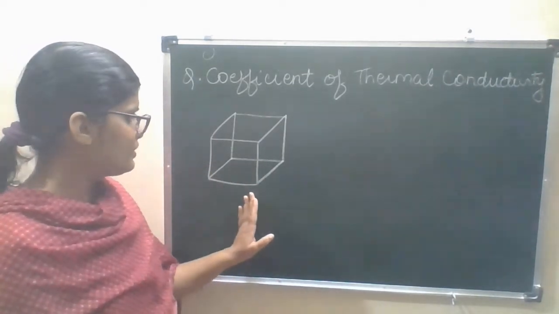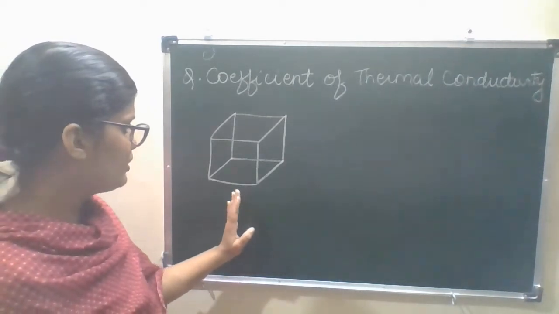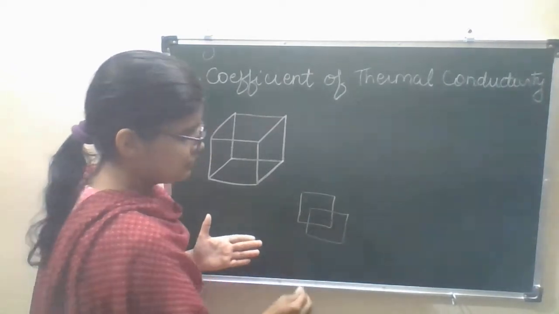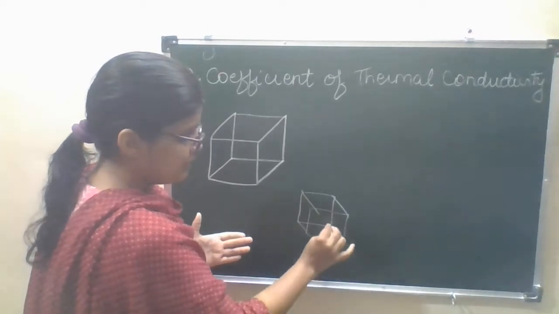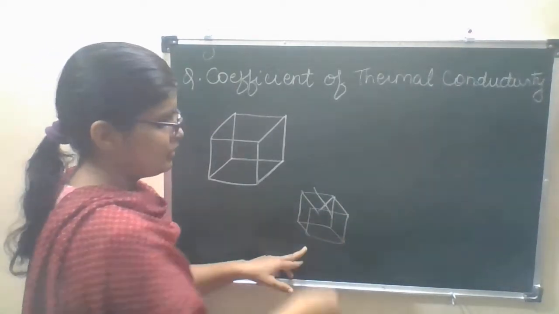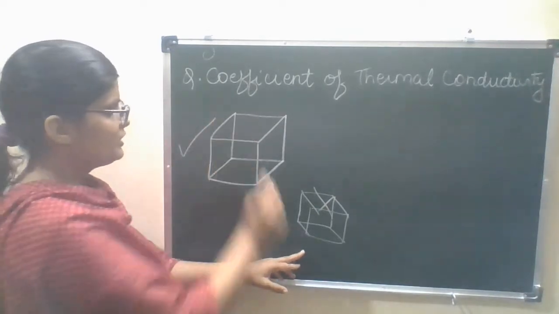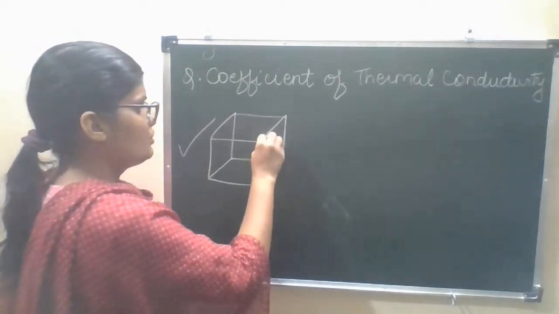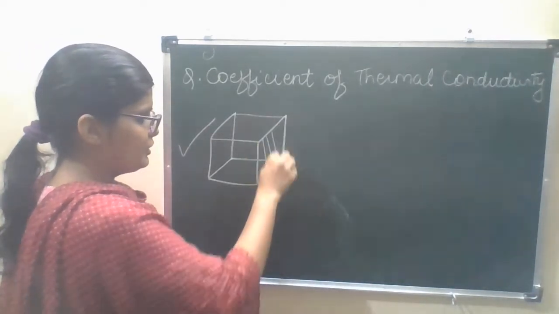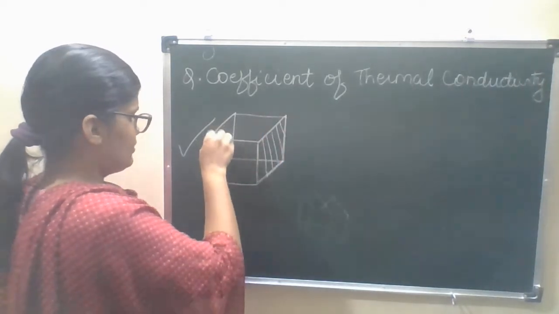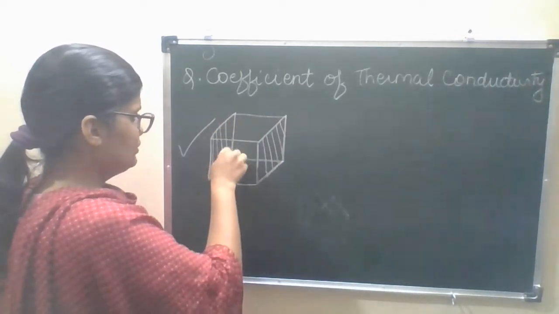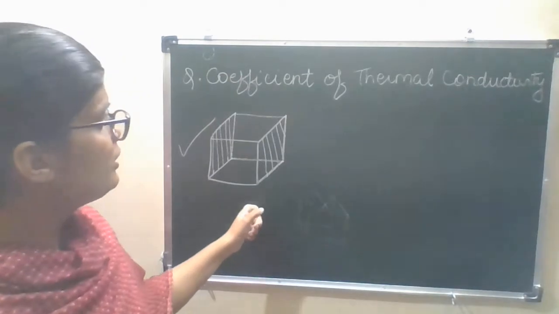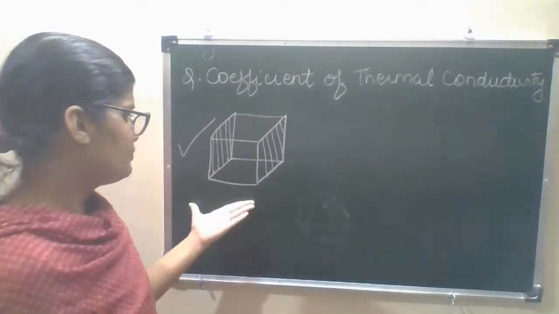You must never make the mistake of drawing the cube wrongly. Now how can you make the mistake? Now this is one cube and this is the next cube, and then you join these corners. Okay, this is wrong. This is the correct way of drawing the cube. So here we are going to consider theta 1 and theta 2 of these faces or these walls or the sides of the cube. Now how will you describe this? Now consider the cube of side x.